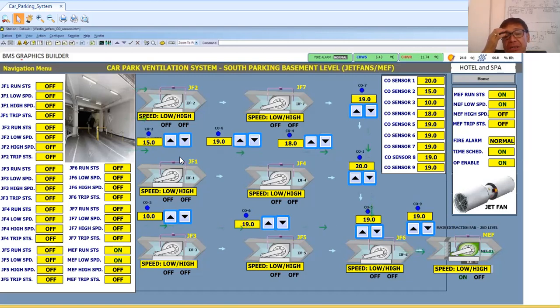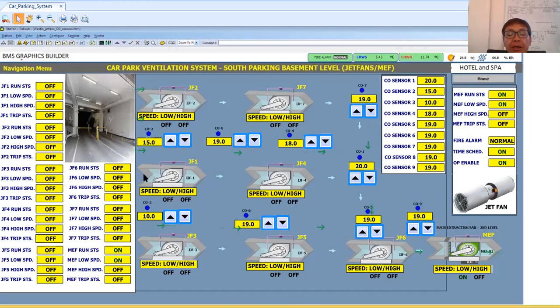Since we are using a variable frequency drive, for the low speed I'm running the jet fan at 25 hertz, and for high speed I'm running the jet fan at 50 hertz.